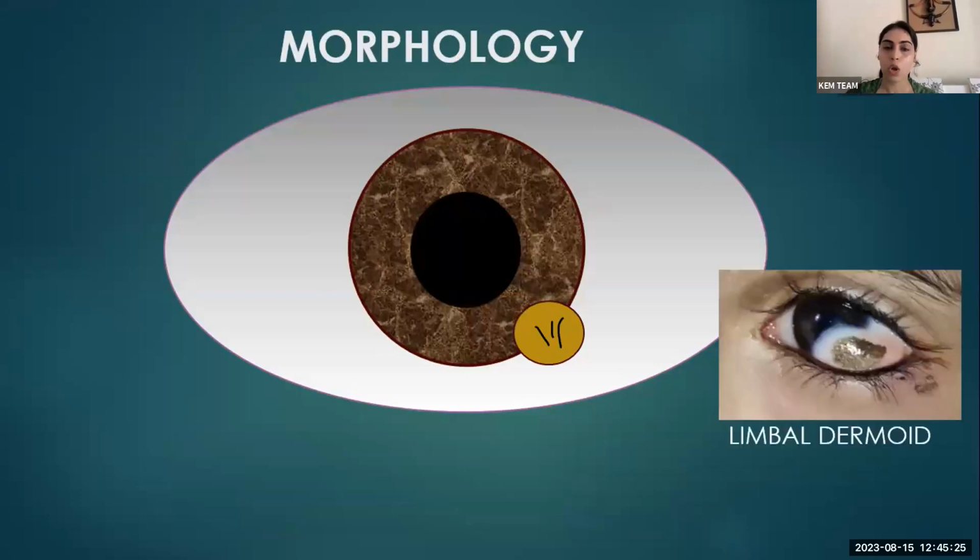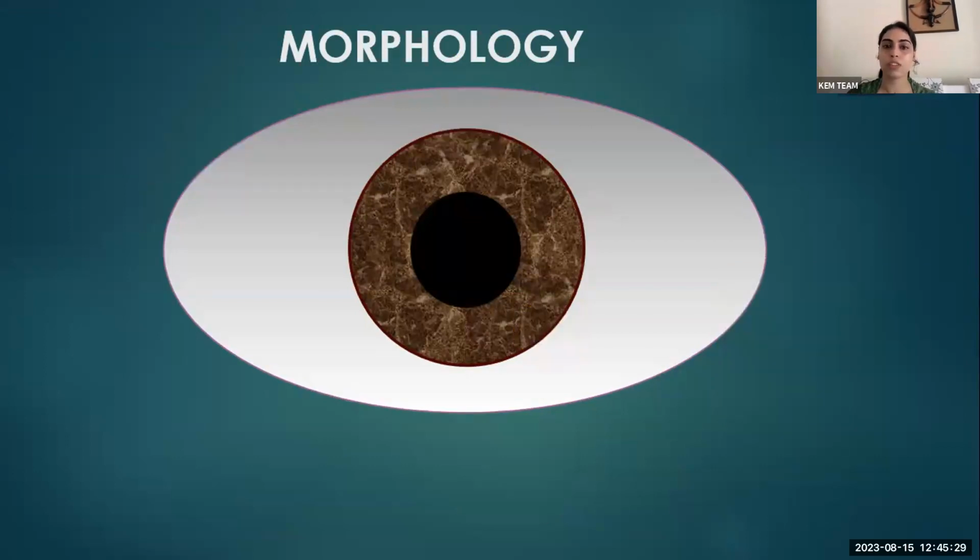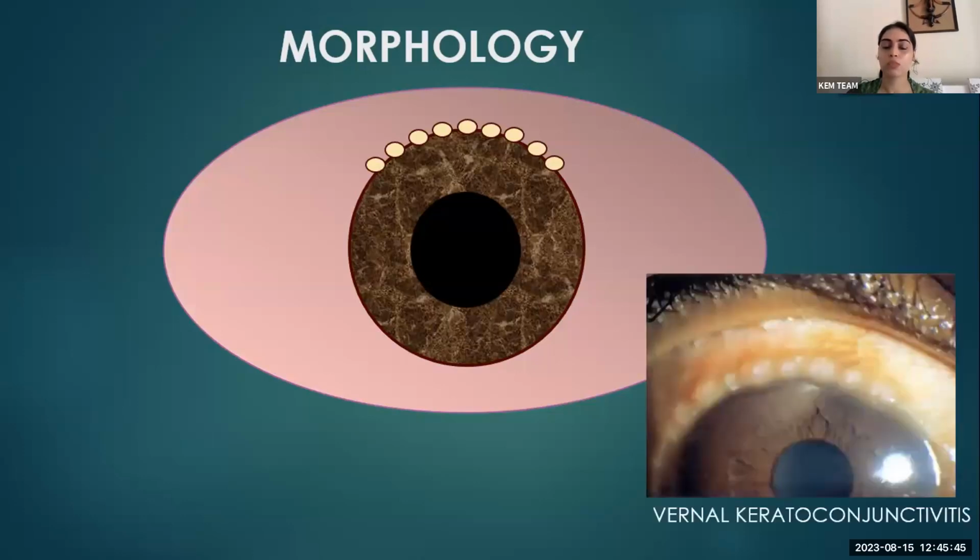If a mass is well-defined, localized, present since birth with variable surface characteristics, it's probably a limbal dermoid. Whereas if it's present since childhood and is pigmented, it's probably a nevus. If it's well-defined with localized congestion in a patient with history of tuberculosis, it's probably a phlycten. Whereas if it's well-defined without localized congestion, it's a non-inflamed pinguecula. Multiple well-defined masses present in a patient complaining of watering and itching is bound to be Horner-Trantas spots present in